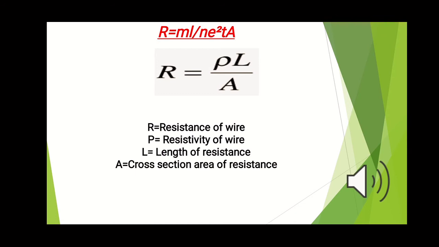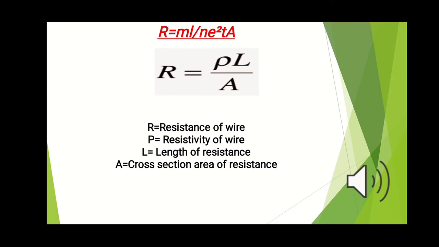Okay, and the next question is how will the resistance of a wire change if the length of the wire is doubled by stretching? Whenever you find the word stretching, there will be a change in two parameters. One, the length will become double, and the other is the cross section area will become half of the original. It means the resistance of the wire will become 4 times the original. For convenience, you can use the formula R dash is equal to n square times R. N square means whatever the change is in the length of the wire. Suppose the length becomes twice, then put n is equal to 2, and the resistance will become 4 times.